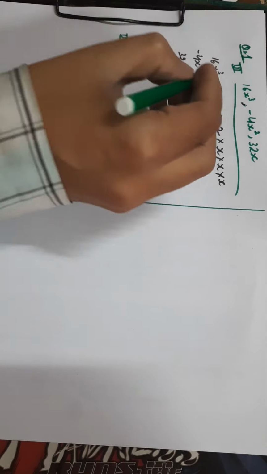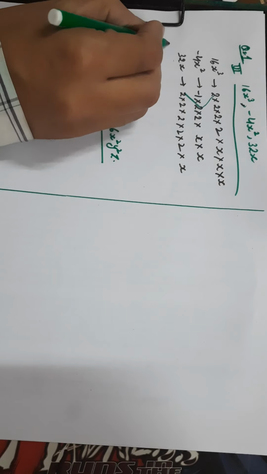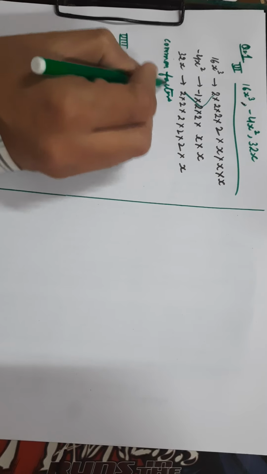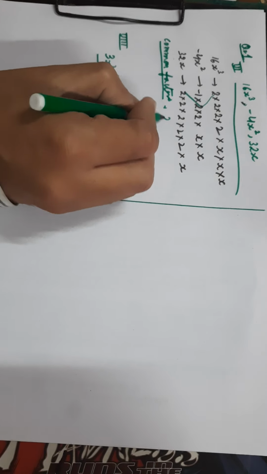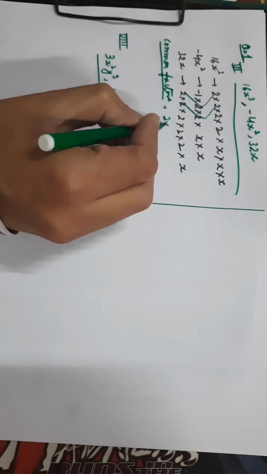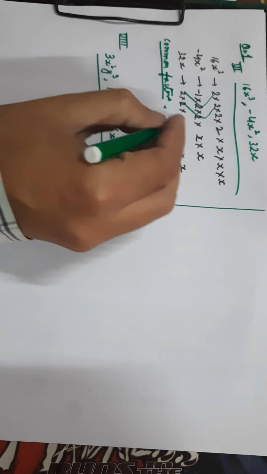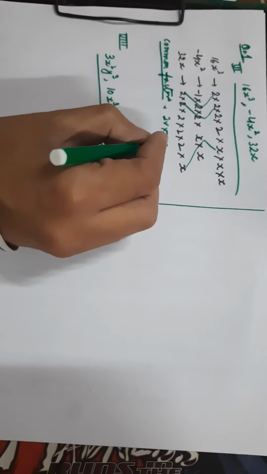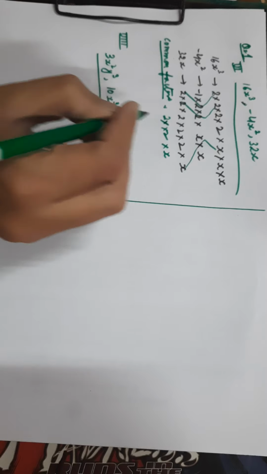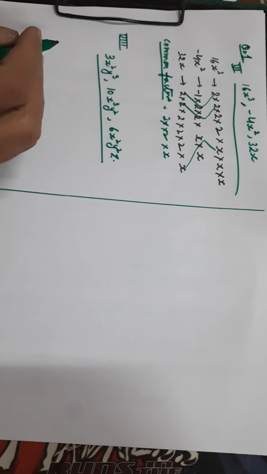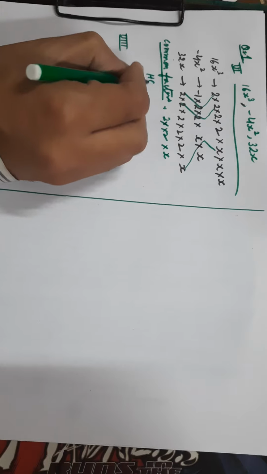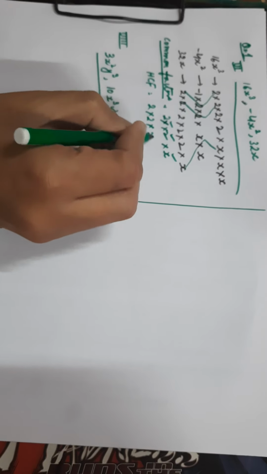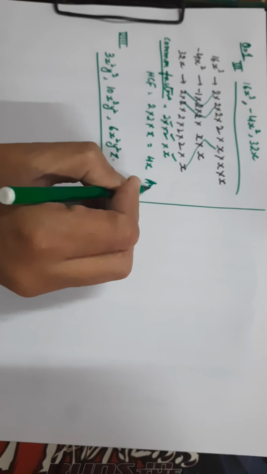Minus is not common in all the three. 1. So common factors, and we term it as SCF. 2, yes. Again 2, yes. Again 2, not there. x, yes, only one time. Clear? So what will be the SCF or the common factor? SCF will be equal to 2 into 2 into x. Answer will be 4x.